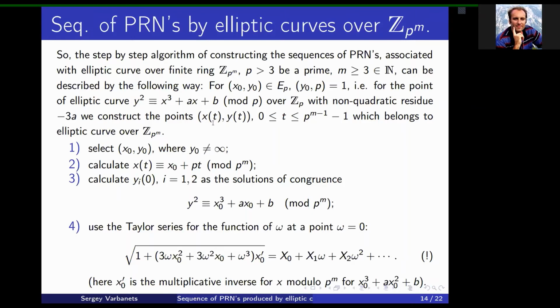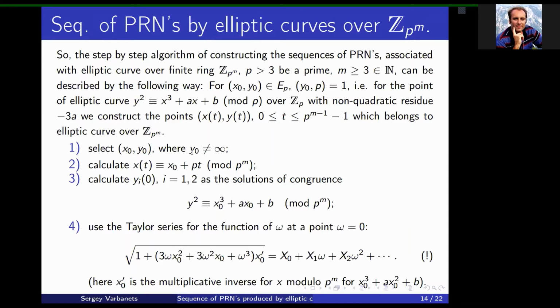We construct the point x(t), y(t), which belongs to the elliptic curve over Z_{p^m}, in the following way. So we select the initial point x0, y0